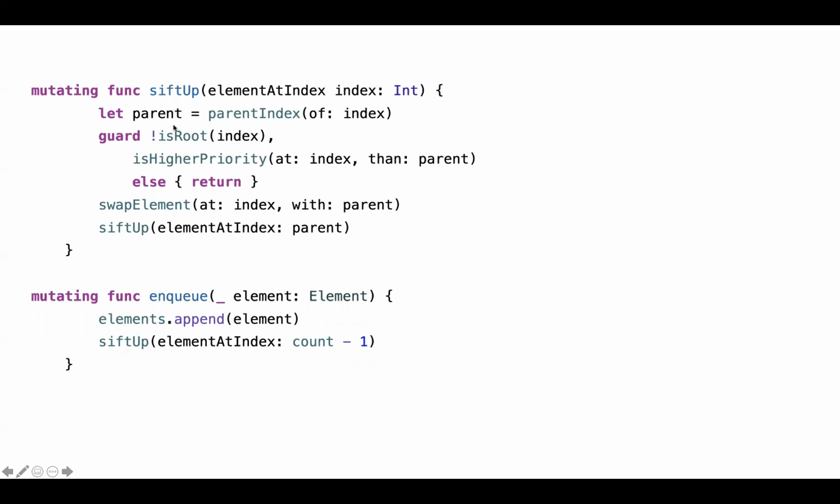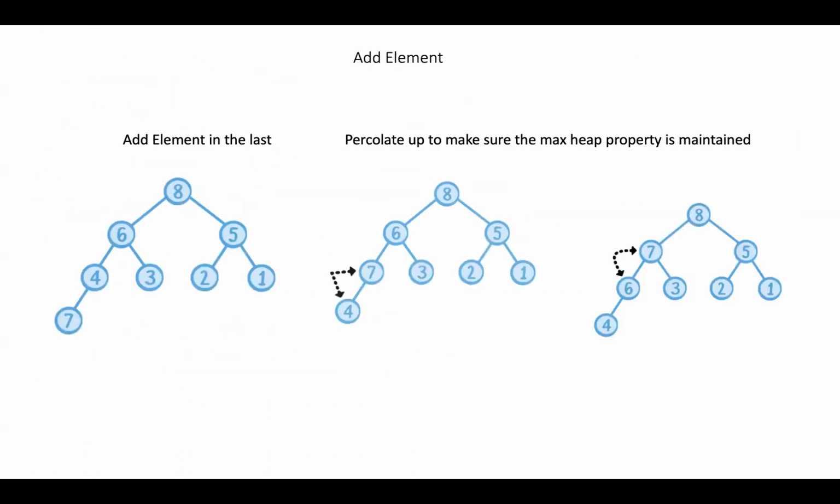So what it does is, we get the parent of that particular index, and if it is not the root, and it has higher priority, like whatever item I want to check, say here I had added 7.